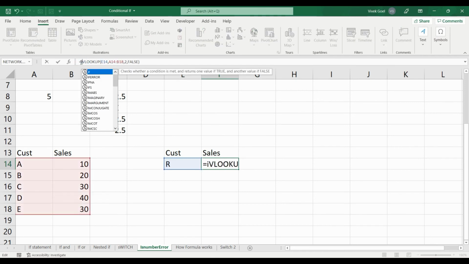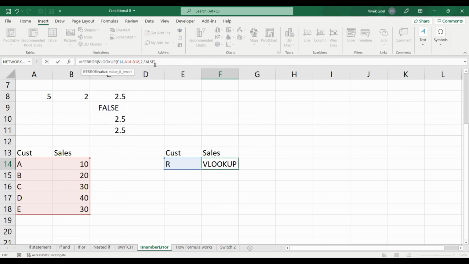We will use ifError function here to replace this error with a text customer not found. So we will write ifError and then our VLOOKUP function, and as the second parameter we will write customer not found.